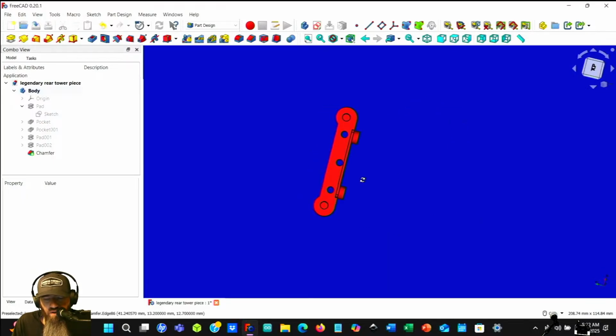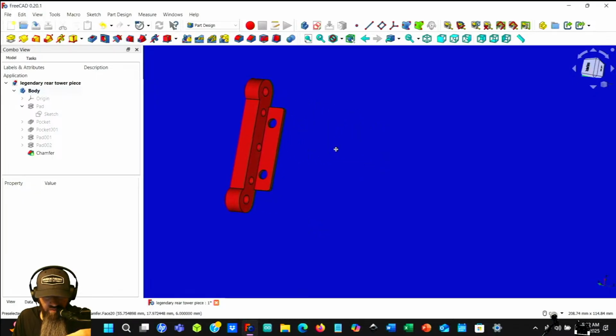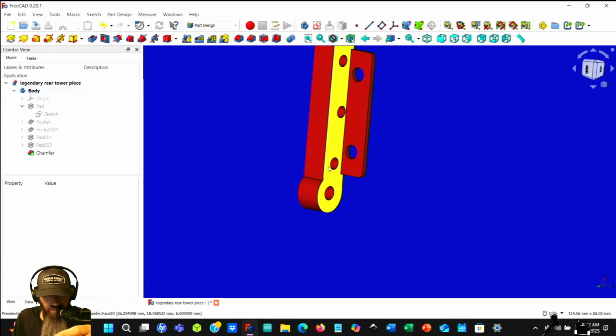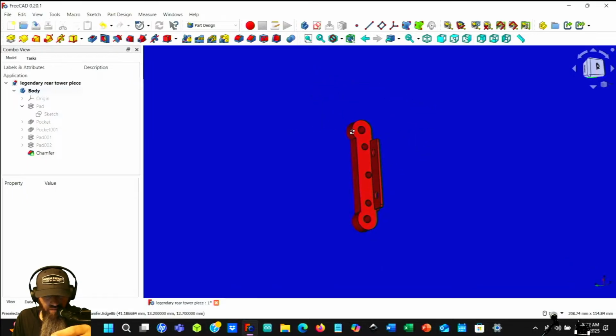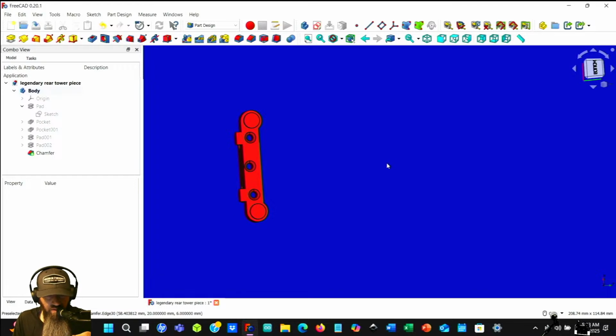But there you go. I think it looks pretty much like my old part. It's very similar. I mean, we'll find out when I print it and see how far off I am on all these holes. But who knew? You could just draw whatever you want and then 3D print it into the world. But so hopefully that helped.